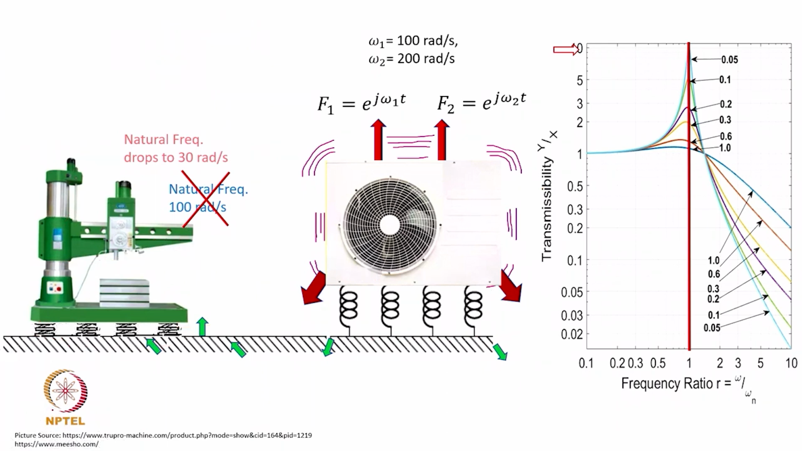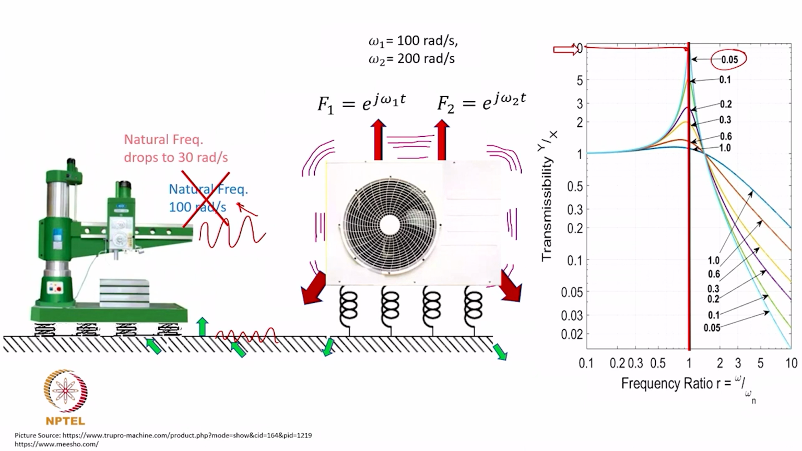Now, when this happens, what do you expect? Initially, when you are operating with the original natural frequency with the damping ratio of, let us say, 0.05, you are operating with a transmissibility Y by X of 100. Okay. So, for each 1 unit of excitation, even if it was 1 micron, that 1 micron was creating a 10 micron amplitude here,